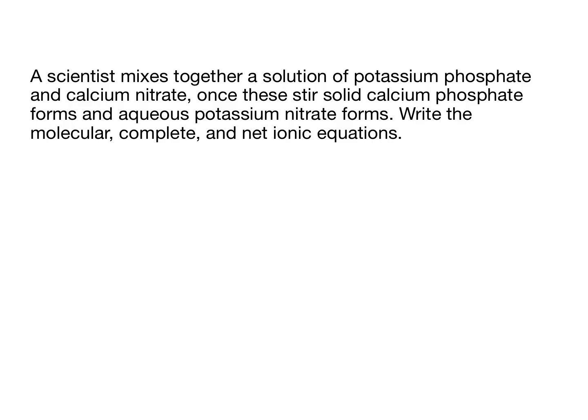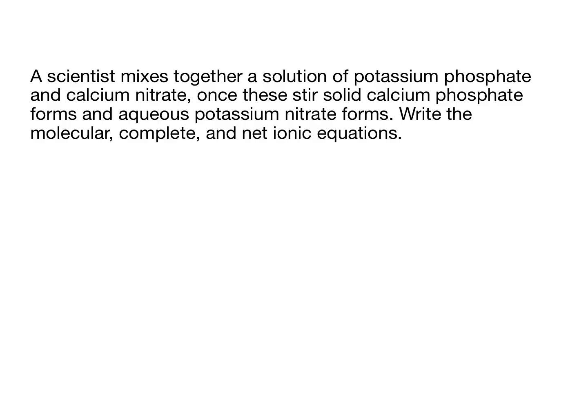In this example, it states, a scientist mixes together a solution of potassium phosphate and calcium nitrate. Once these stir, solid calcium phosphate forms and aqueous potassium nitrate forms. Write the molecular, complete, and net ionic equations. So this question is asking for a balanced chemical equation, and we are given the names of all of these